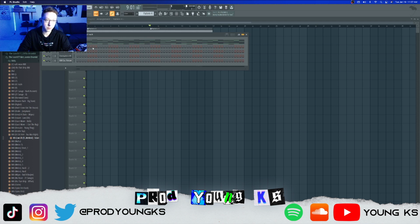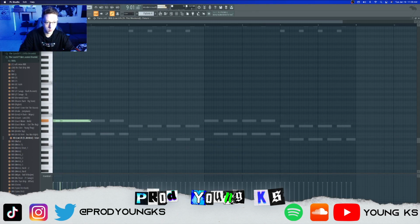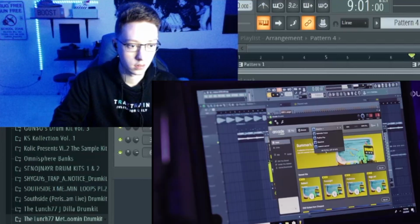Same thing with the 808 that we're about to get bumping. You literally just copy paste one of the melodies, any of them, because they all have the same chord progression if they're in tune. And you just put it in the sampler and then you just pop off. Something simple like this, and just make sure it's all in tune. That shit's heat, bro. If I would have had this,